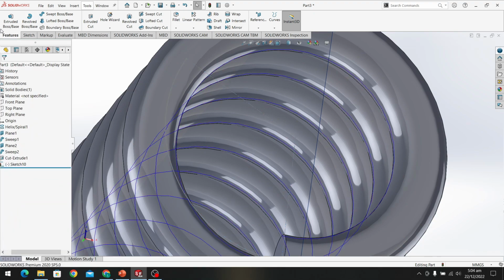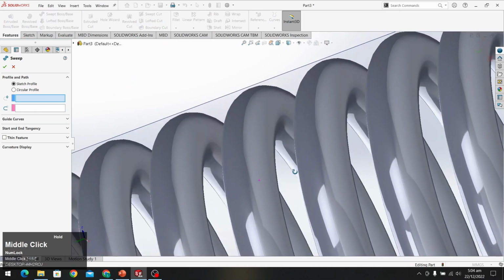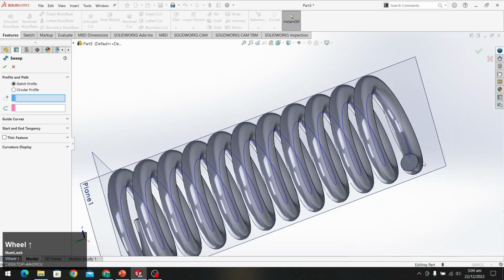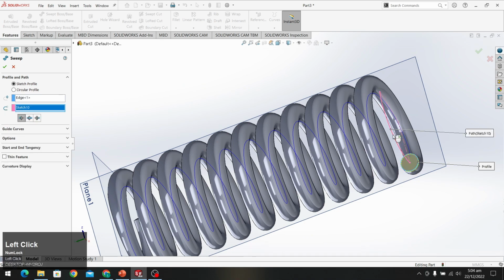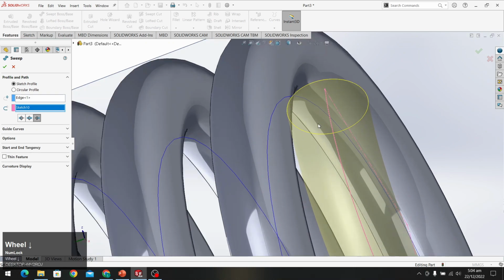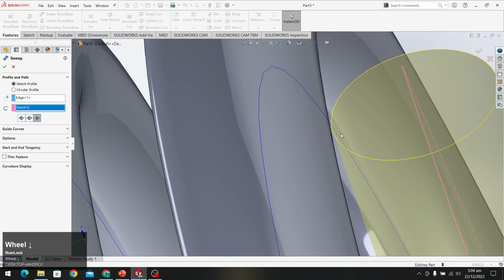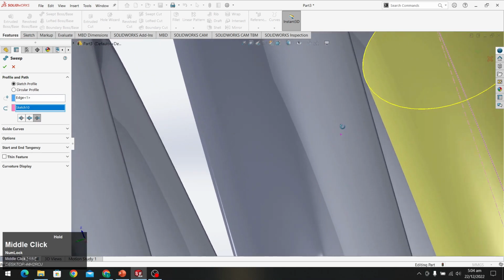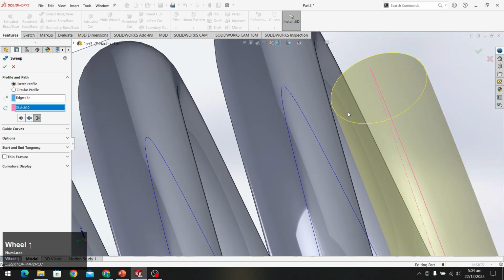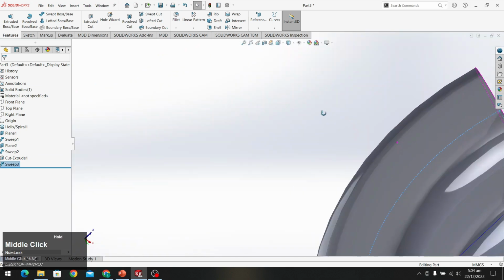And then again swept boss base, select the circular profile and the edge, make it direction 2 if it's not working properly. Now see if it is hitting. No, it's not, and it's completed. Then okay, then we will